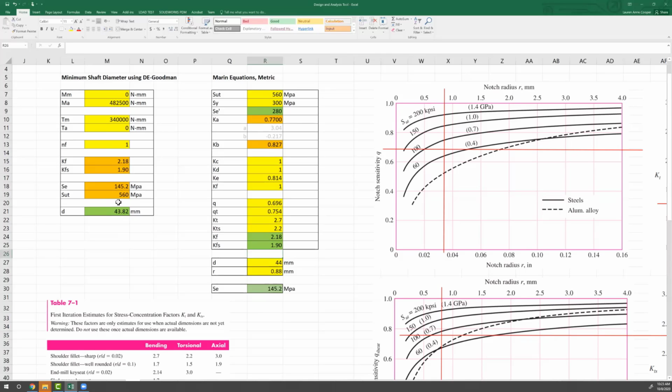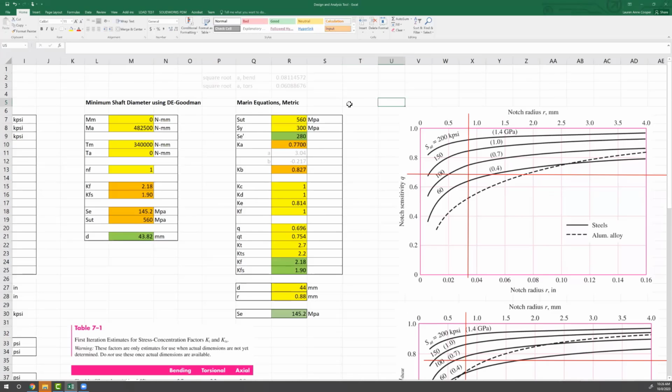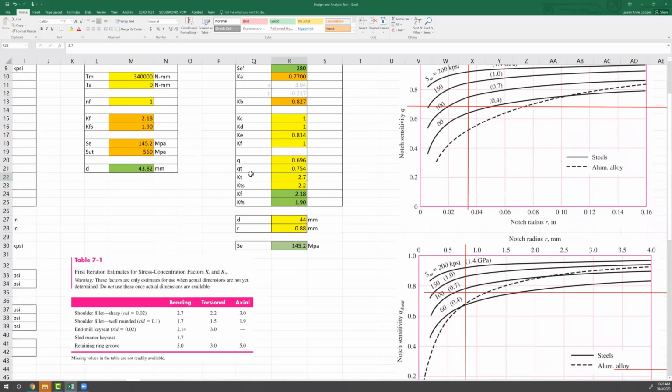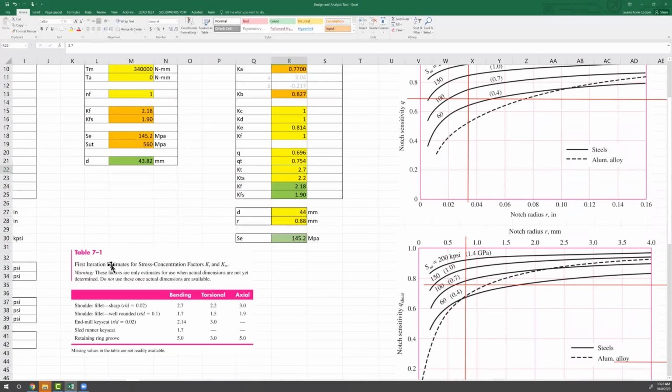Equation 7-8 gets us 43.82, so I'm going to call it at 44 millimeters. Okay, I have one more detail to throw at you here. Why didn't we update our values for KT and KTS? We got these values from the first iteration estimates for stress concentration factors,